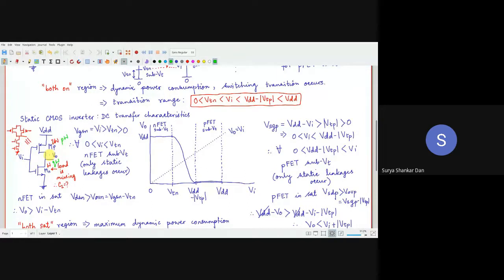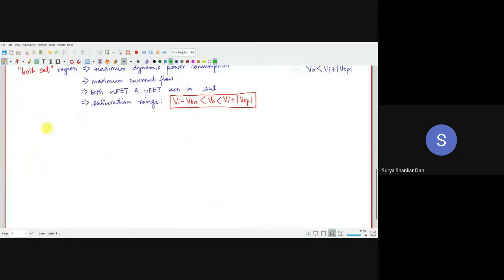We are able to check the worst case scenario for the original circuit. Let me explain this. This is very, very interesting. Did you get the concept which I'm trying to put in over here? Why do we require static CMOS inverter as the reference point for all our digital circuits? So this concept is very important. Anybody can ask you. I will ask you if you are coming for an interview. So let's look at this.